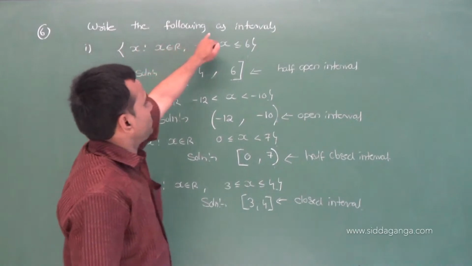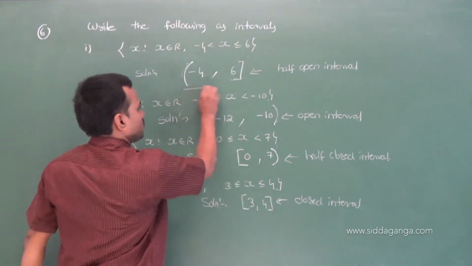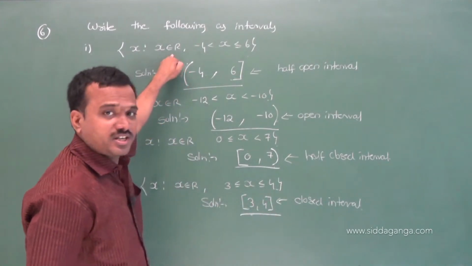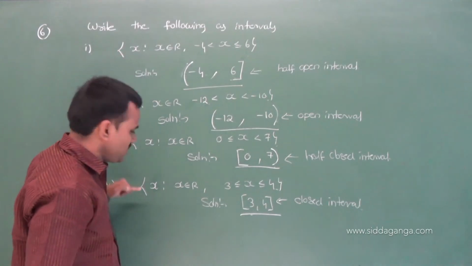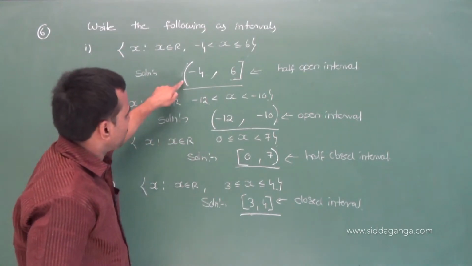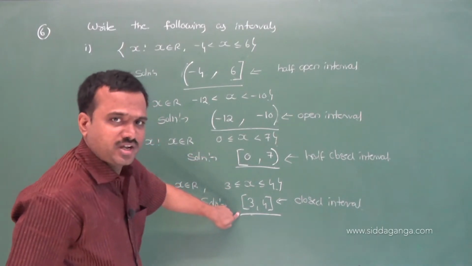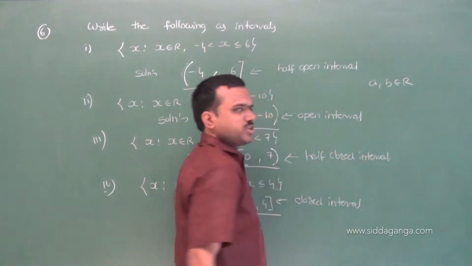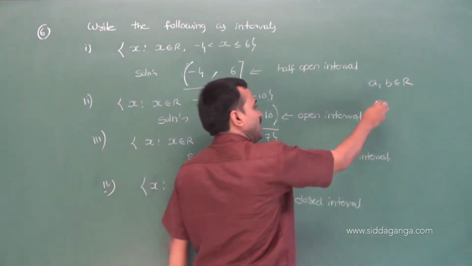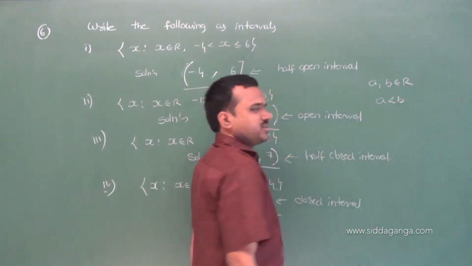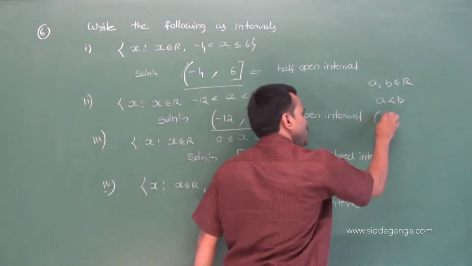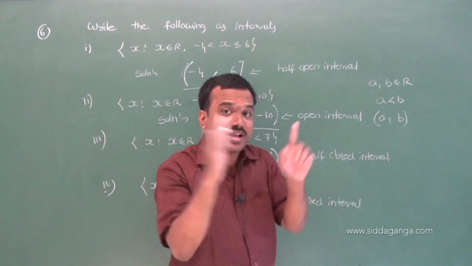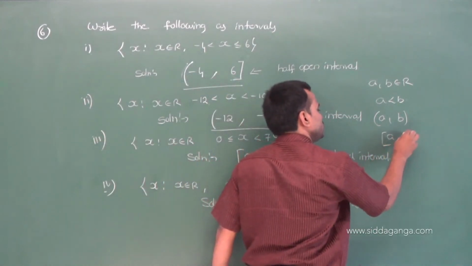See, write the following in terms of intervals. All these we call intervals. So he has given in set builder form. So we write in terms of intervals. If I write intervals, these two elements belong to R and the first element is less than the second element. If I write open interval, end points are excluded. If I write closed interval,